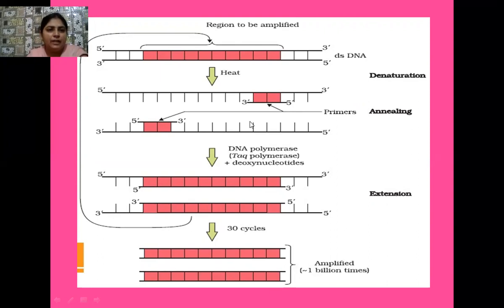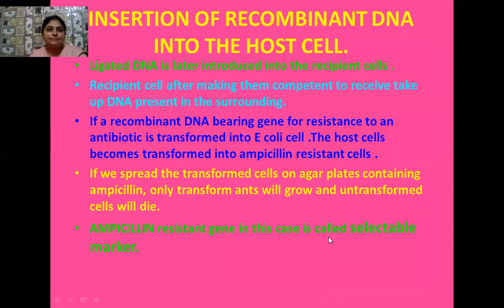This Taq polymerase enzyme does its activity. It puts the different types of bases from the solution and reads the bases that are present on the parental DNA, and in this way it does the extension of this primer strand. So you can see the primer strand extension takes place, and if we repeat the same process 30 to 40 times, or 30 cycles of this process are repeated, after that we have obtained 1 billion copies of our amplified DNA of interest.